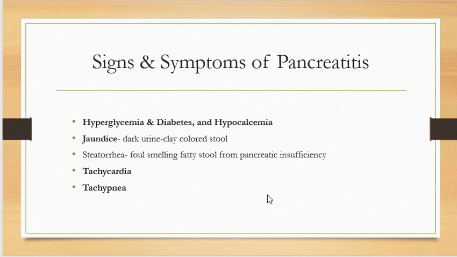Our patients will present, once again, with hyperglycemia and diabetes and hypocalcemia. So we will talk about hypocalcemia more, but they can have increased blood sugars and low calcium. Remember I talked about they can have changes in electrolytes. They can have jaundice, dark urine, clay-colored stools, and steatorrhea again, which is the fatty stools,